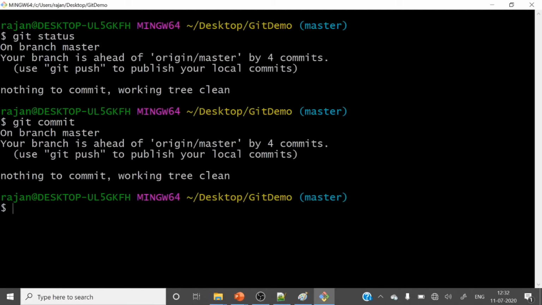If something is already in the staging area, then we can hit git commit, and it will show you a command prompt or window where you can type your commit message and save. So this is one command.